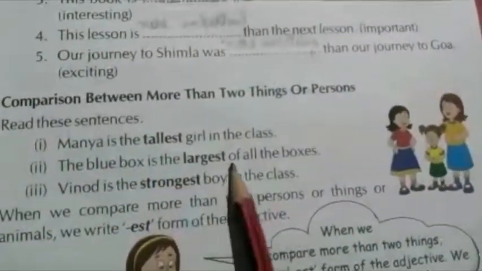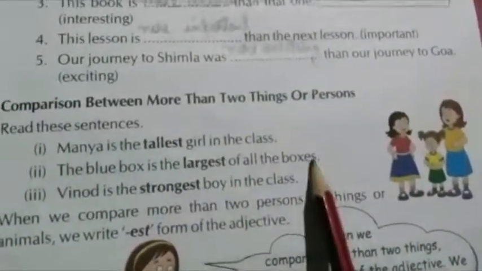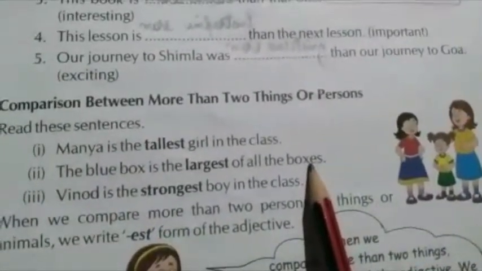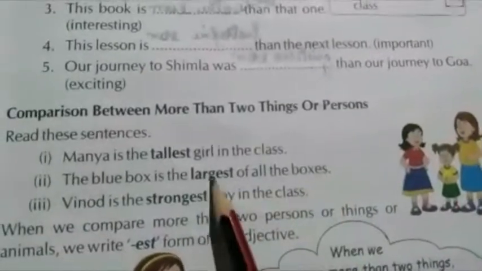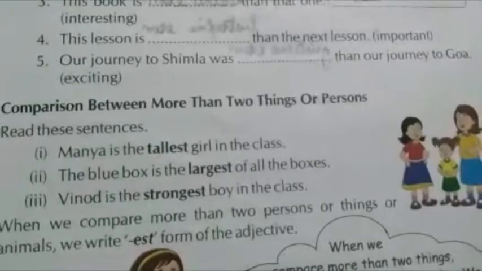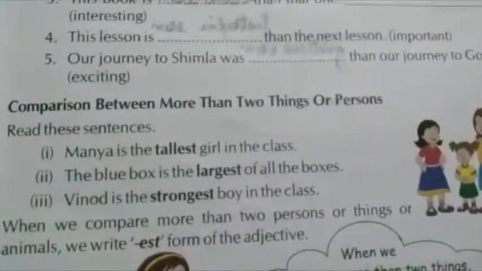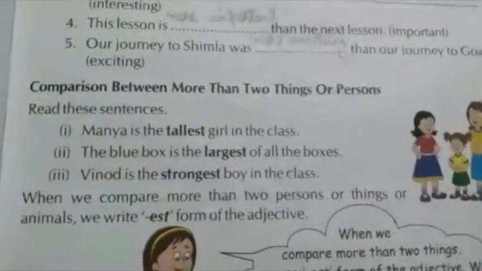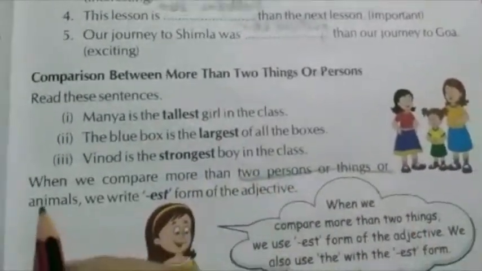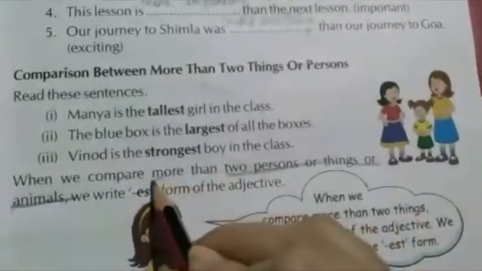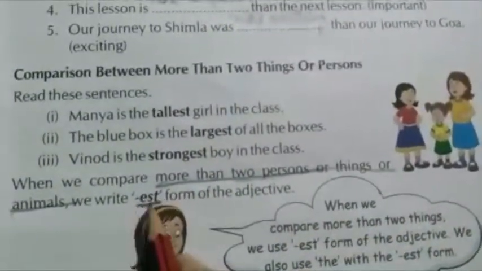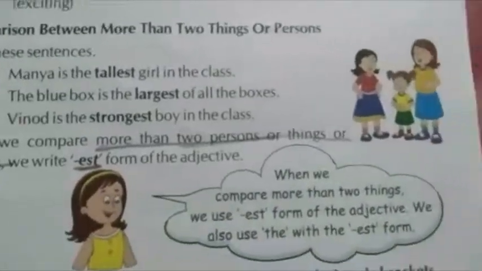The blue box is the largest of all the boxes. All the boxes. Now there are many boxes. Maybe there are 5, there are 10. Many boxes are there. So I'll use the est form of the adjective, and the adjective here is large. So I use est. Now when we compare more than 2 persons, things or animals, we write the est form of the adjective, and we also